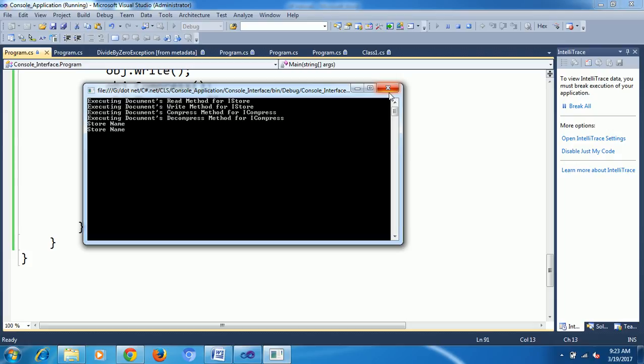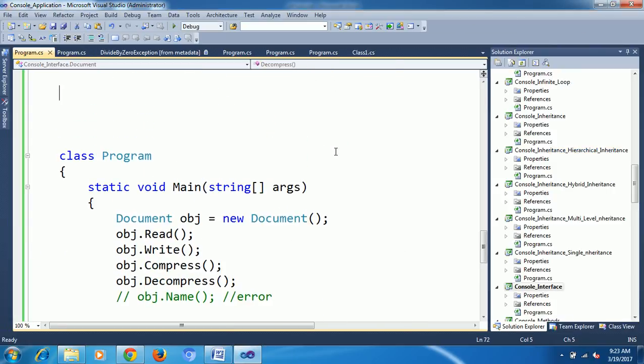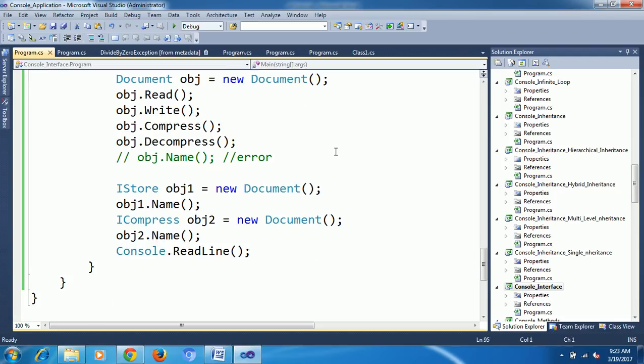Now see, I created a separate object for IStore, and I created a separate object for ICompress. When I call the name, it automatically calls the same method only. But I want separate methods. When I call IStore, I want to print the IStore name. When I call ICompress, I want to print the ICompress name. That time,